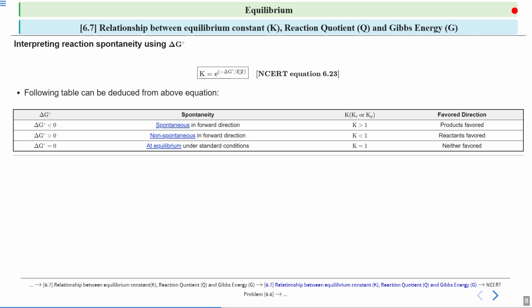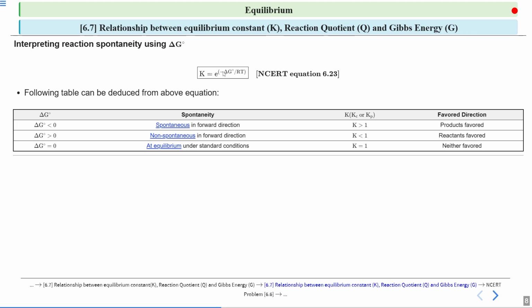R and T are already always taken as positive because R is fixed and T is temperature, which we take in positive terms, because negative Kelvin temperature is not attainable. It's very difficult, and in questions, you will not see it either. Now, if you take R as positive, T as positive, and delta G naught as negative, then this whole thing will become a negative part, and this negative multiplied by the negative sign will give you